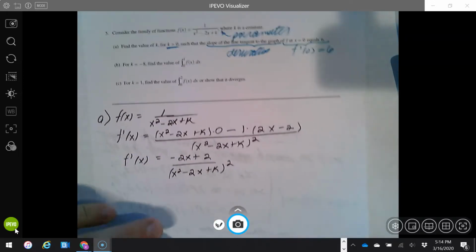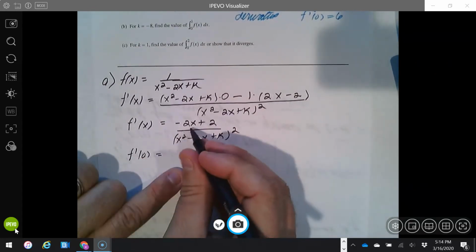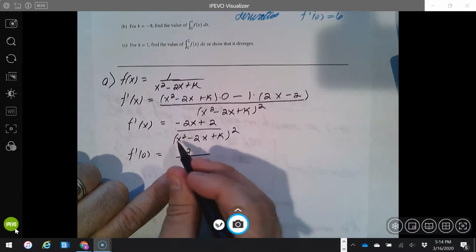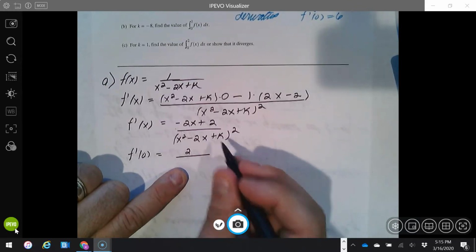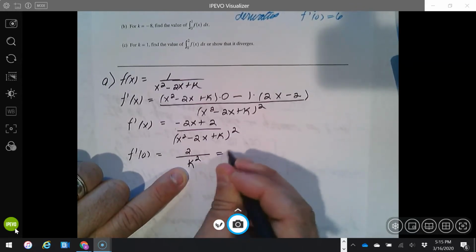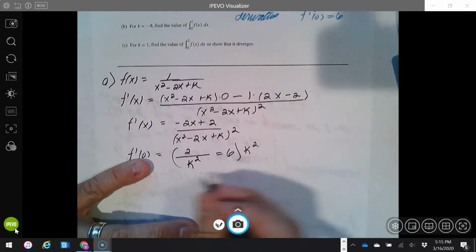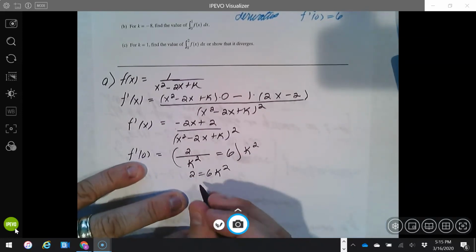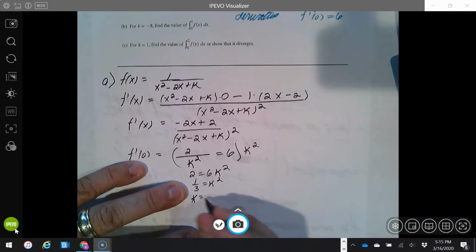What I need is for f prime of 0 to equal 6. Well, f prime of 0, everywhere you see an x, replace 0. Negative 2 times 0 plus 2 is 2. In the denominator, 0 squared is 0, minus 2 times 0 is 0, plus k, and that gets squared. 2 over k squared is equal to 6. I can multiply both sides by k squared to get that 2 is equal to 6k squared. That means that 2 over 6, or 1/3, equals k squared, and then k is plus or minus the square